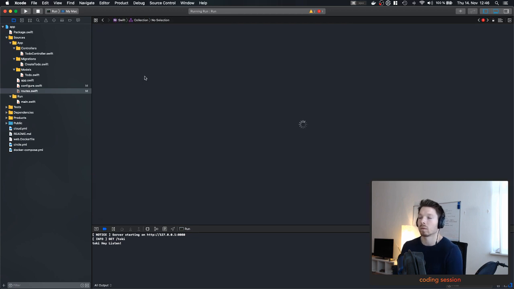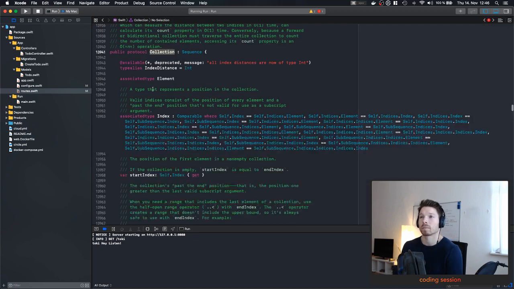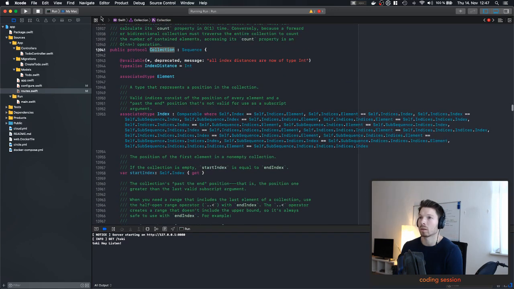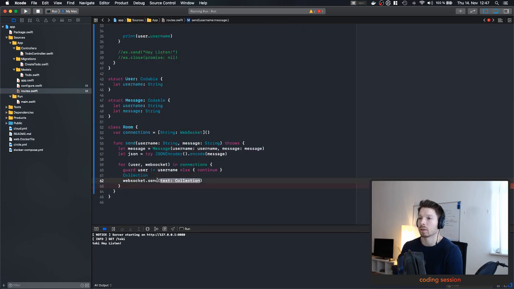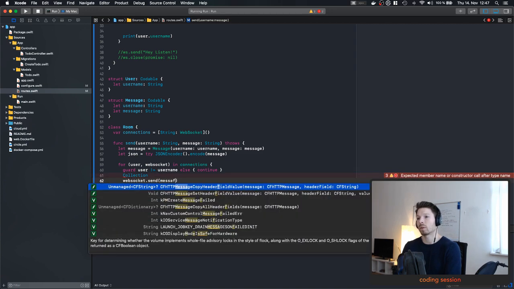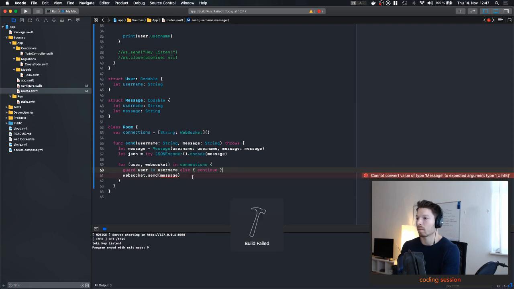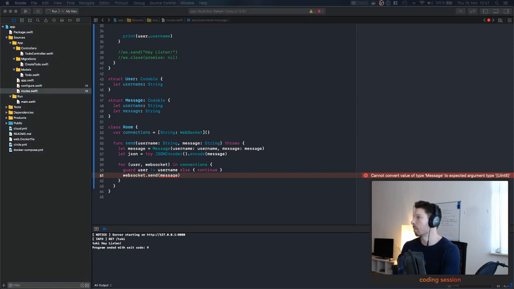Let me see. It's a protocol, and can it be that a string conforms to that? I think so. But okay, let's see if we can just send a message like this. Message to expect argument UInt. No. Let's have a look at